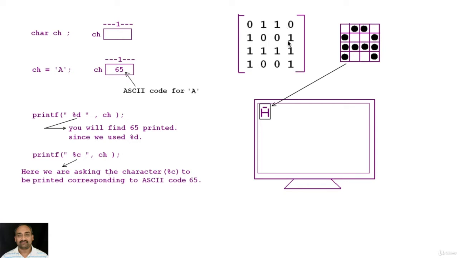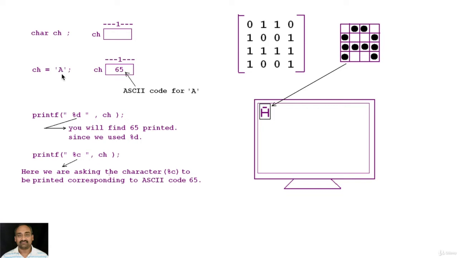Now when you are looking to print this character over the monitor, a single character location is also split into rows and a matrix based on this bitmap. Wherever there is 1, there is a dot, and wherever there is 0, it is filled with background color, so that you see visually a character A displayed over the monitor. Now when you are looking to store a character, you need to store this actual bitmap. It is not possible, or it is redundant, to store the bitmap for each and every character.